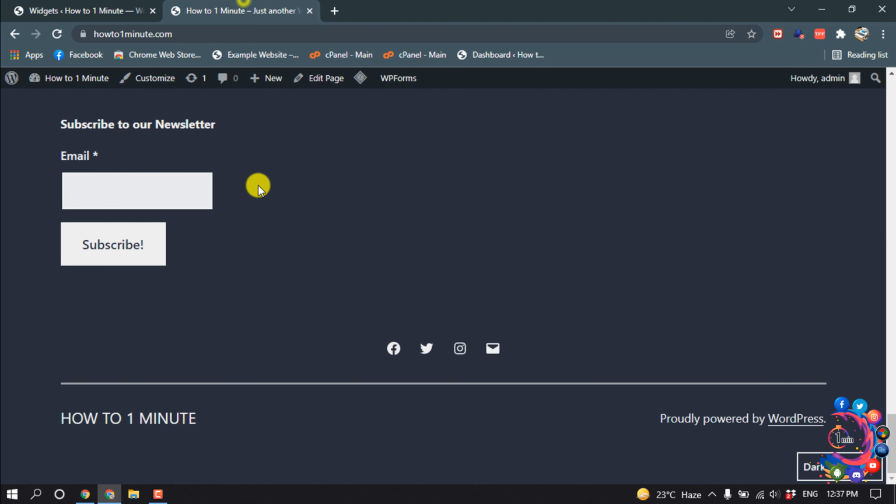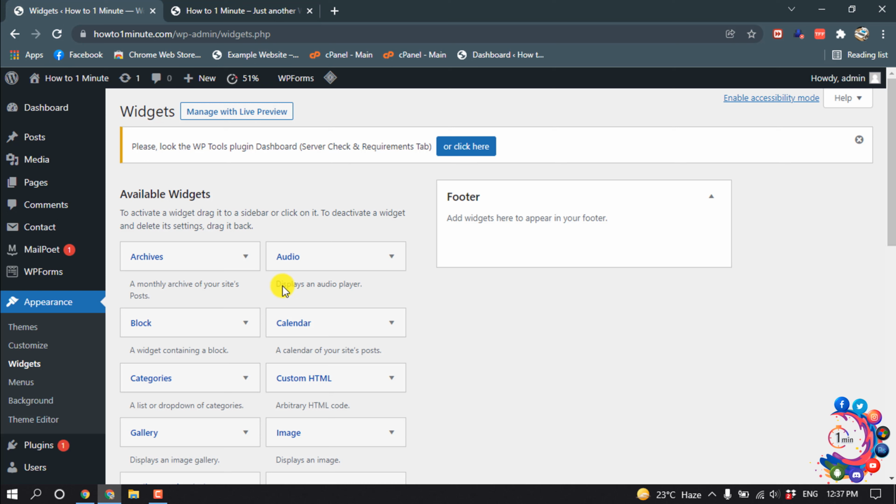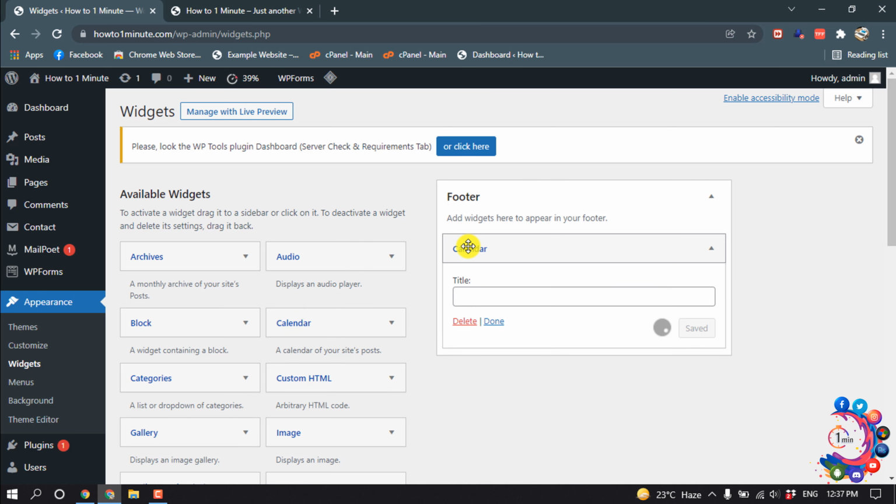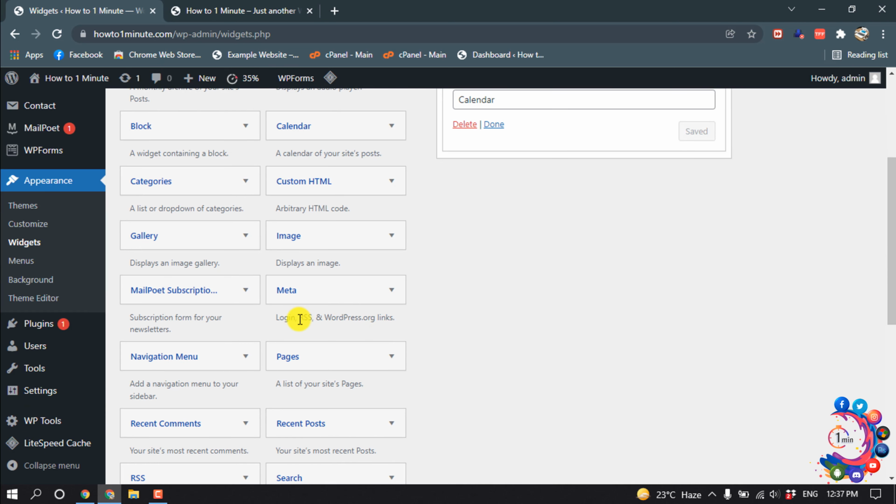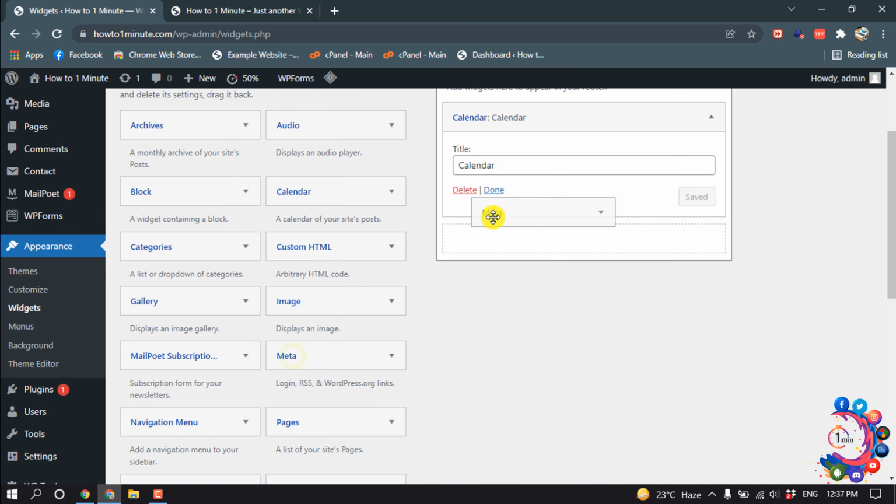and I'm going to add a calendar to my footer section. So I'm dragging this calendar and dropping it here, and I'm giving the title Calendar, save. And also I want to add Meta inside of my footer section, so I'm dragging this and dropping it here